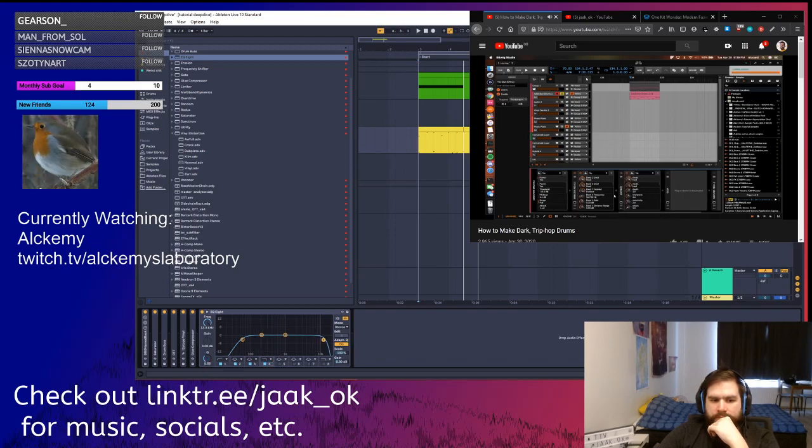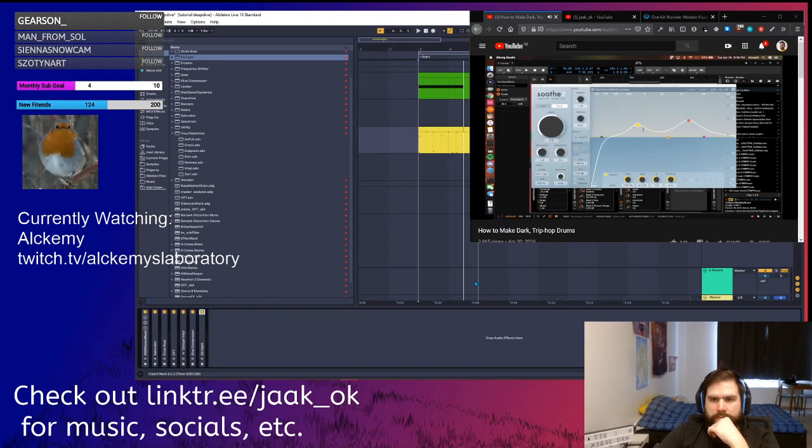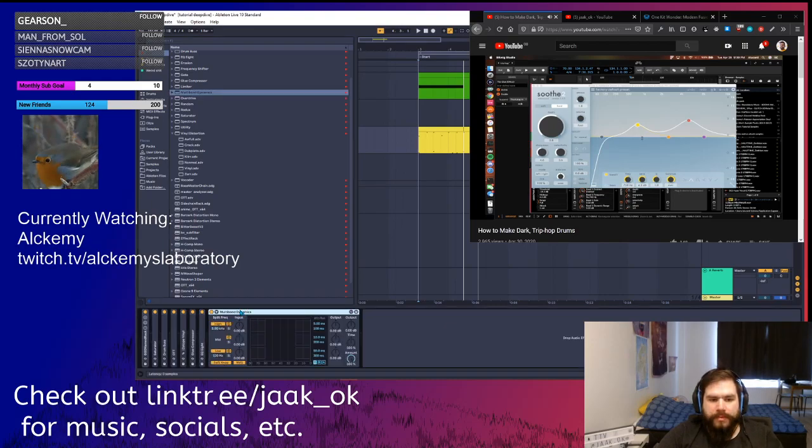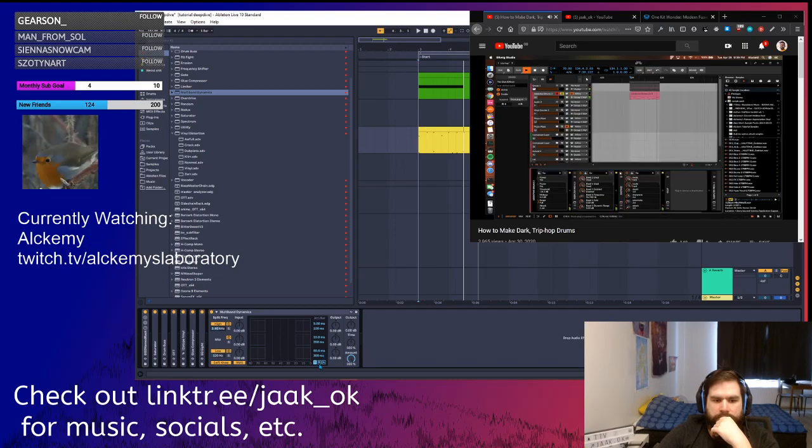So the soothe is entirely optional. You guys don't really need that. You can just use a multi-band compressor if you like, or you can use another instance of multi-band dynamics or OTT or FabFilter Pro MB. But soothe 2 is just kind of taking out some of the harshness of this, and you'll see in these cool little notches. You almost can't tell the difference, to be honest. It just gives you that little bit of an edge. So